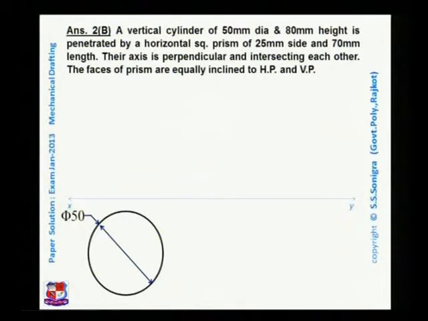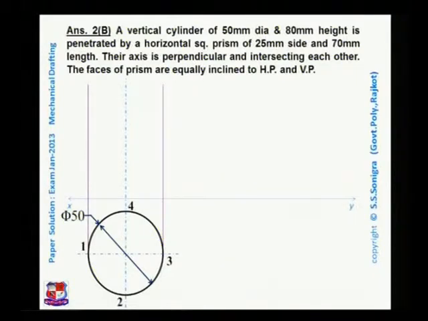The symbol indicates its diameter. After inserting its dimension, let me draw its axis, which will pass through the center line of the circle. This is the center line or axis of the cylinder. Then draw a horizontal axis, and name the endpoints 1, 2, 3 and 4.